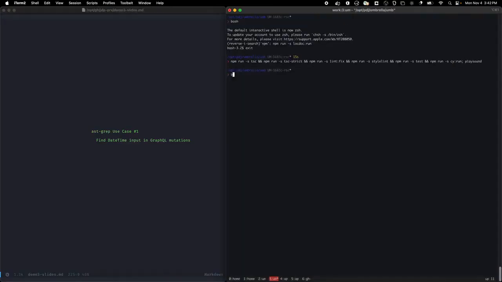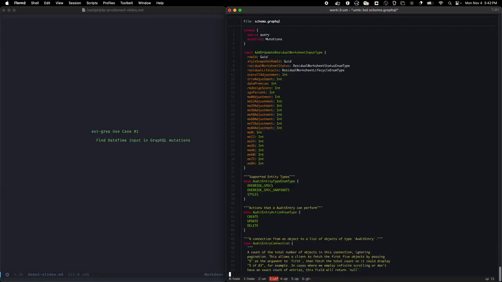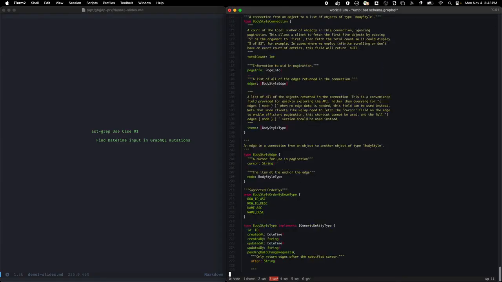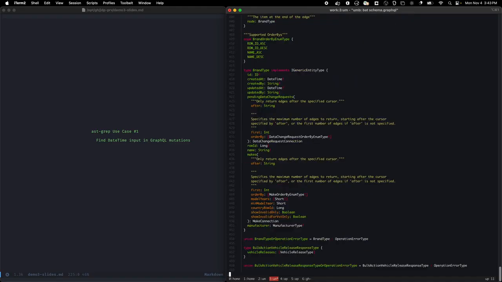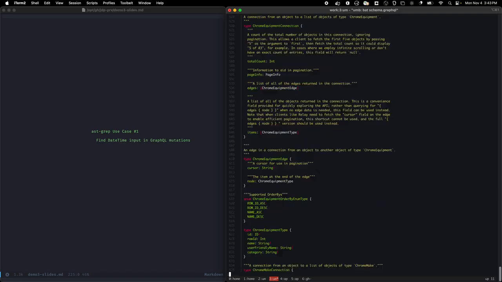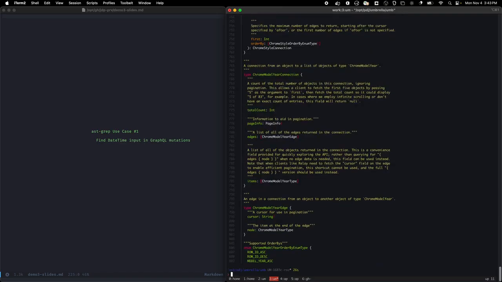So we have this file, let me show it to you, this GraphQL schema file, and this is like the contract between the front end and the back end. It has all the types for the responses that the back end sends to us, and it also has the types for when we send mutations, the input parameters that we send to them, and it shows all the types of the fields, and there's a bunch of datetimes in here. So I could